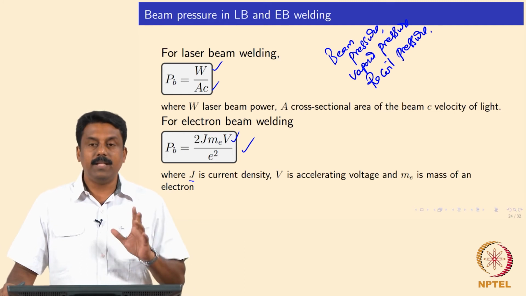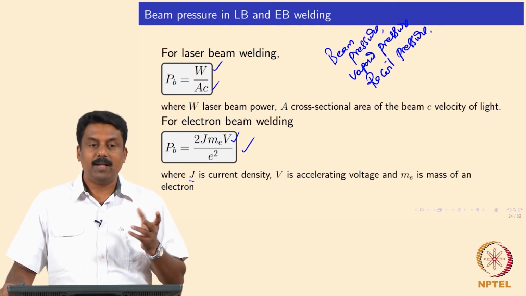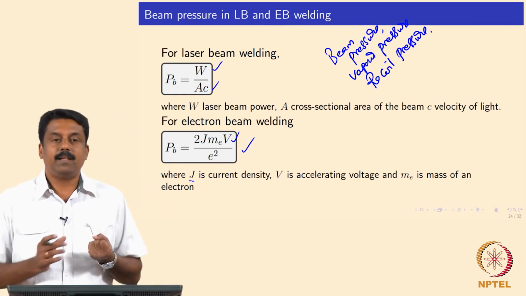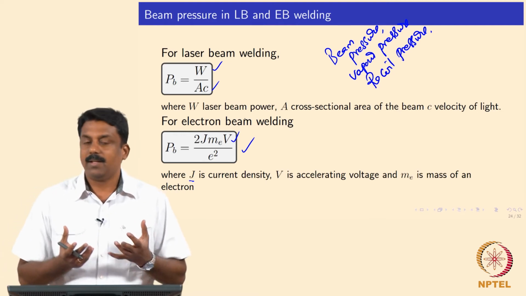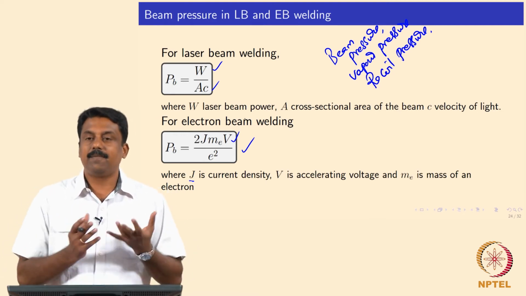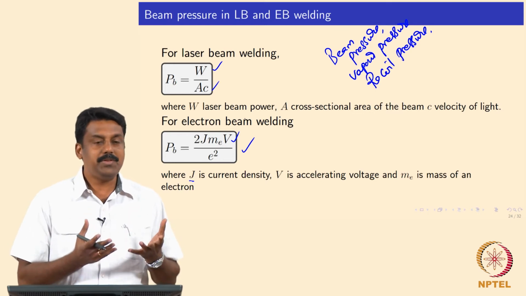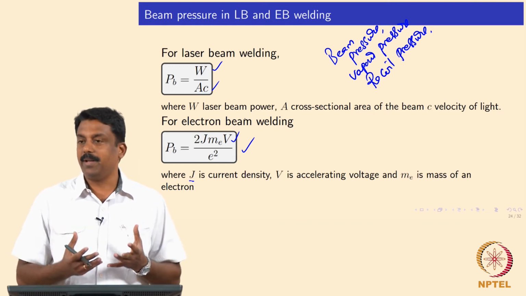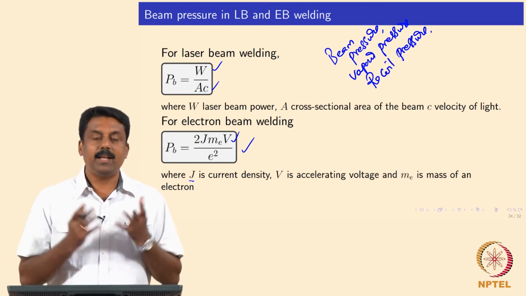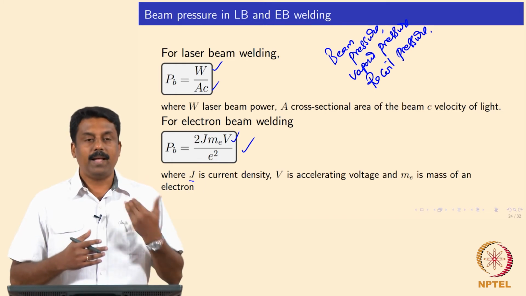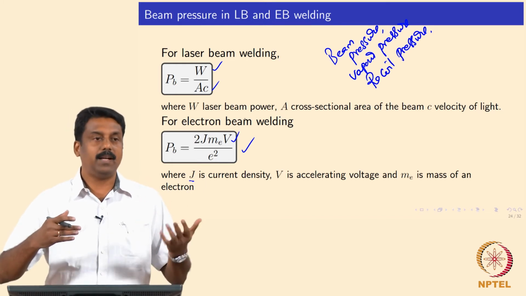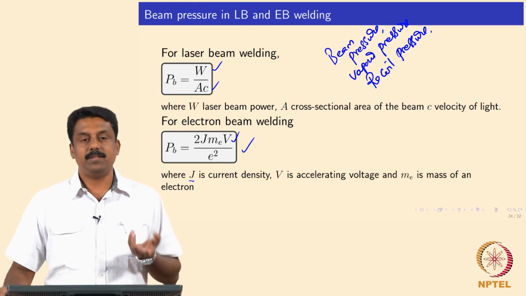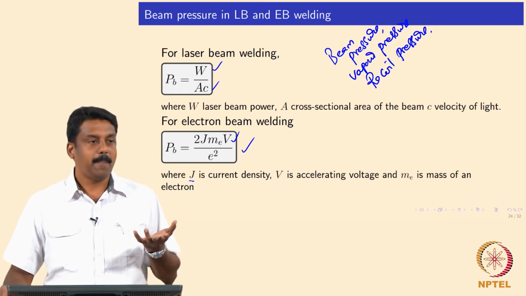Okay. So, you can also increase the beam pressure by changing the acceleration voltage, and you also have the current density. What is current density? It is the number of electrons, right, the number density that is generated from the cathode. That can be changed by changing the voltage in the cathode, the target, the breakdown voltage. That can increase the number density of electrons that are generated, plus how fast those generated electrons are accelerated from the cathode to anode, and both would contribute to the beam energy, right, the beam pressure.